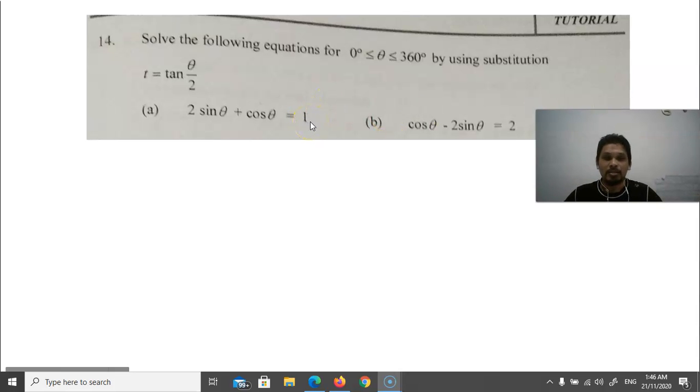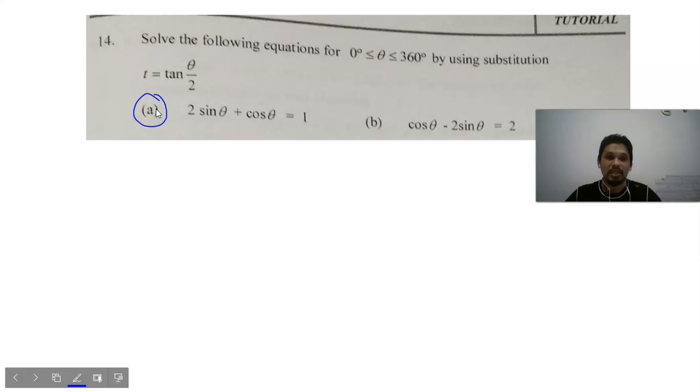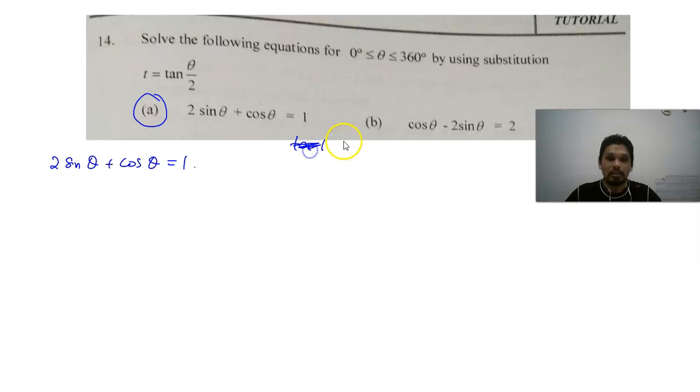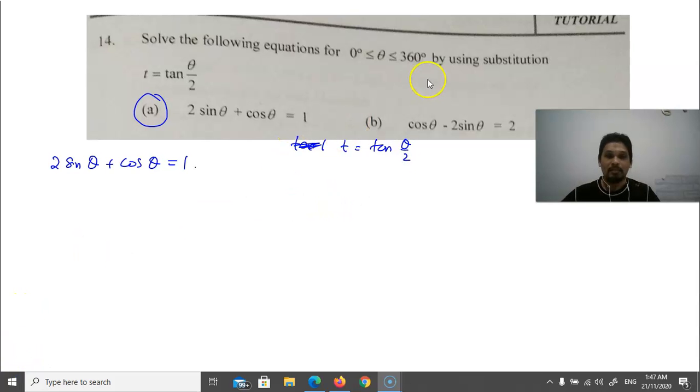Solve this using the basic substitution of t equal to tangent theta over 2. So I choose question A. One of that is enough. So 2 sine theta plus cos theta equal to 1. Given that t equal to tangent theta over 2, by using the substitution of t equal to tangent theta over 2, please